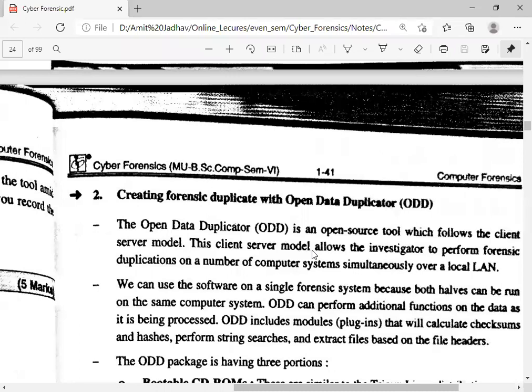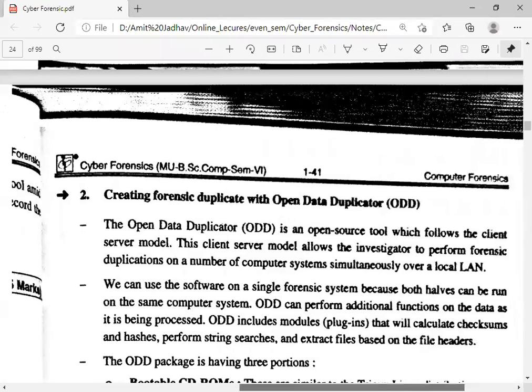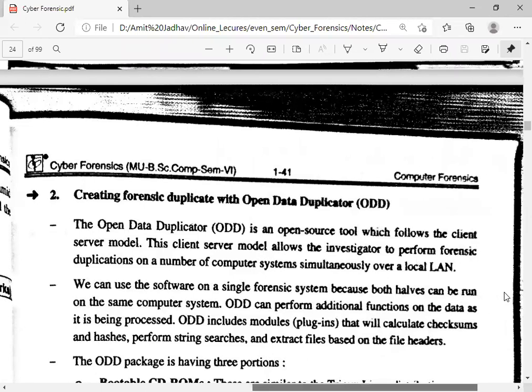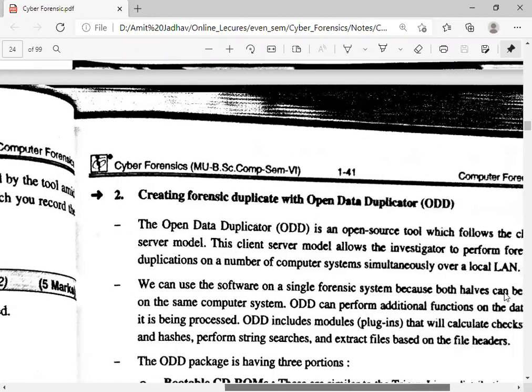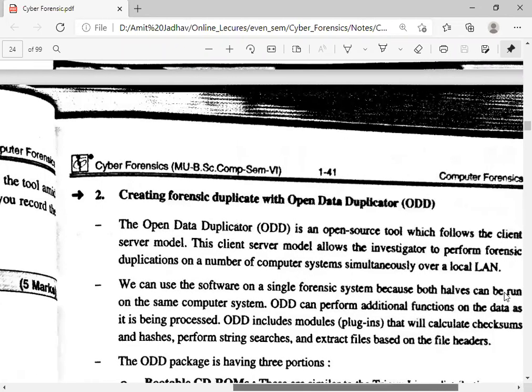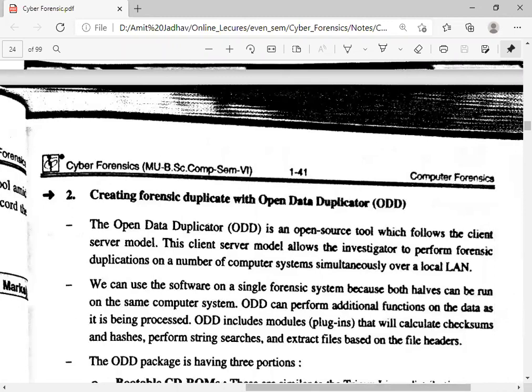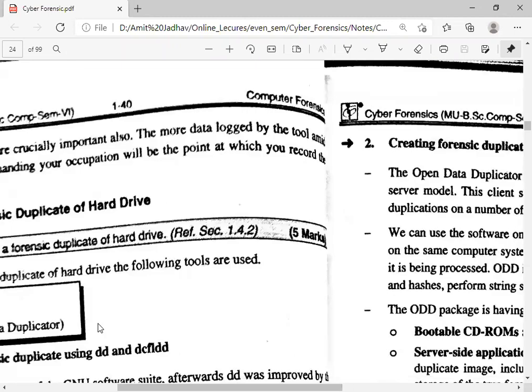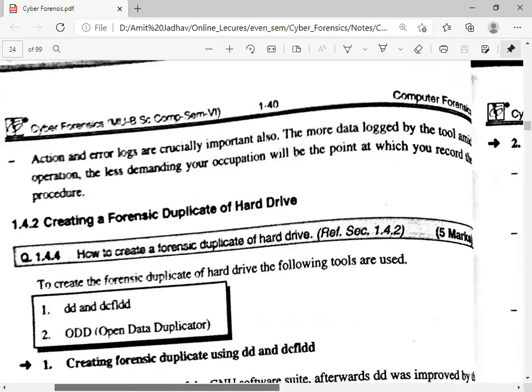The Open Data Duplicator is an open source tool which follows the client server model. The client server model allows the investigator to perform forensic duplication on a number of computer systems simultaneously over a local LAN. So if there is one system on which the attack has been performed and we have to recover the data from that particular computer, then we use the first method, that is DD and